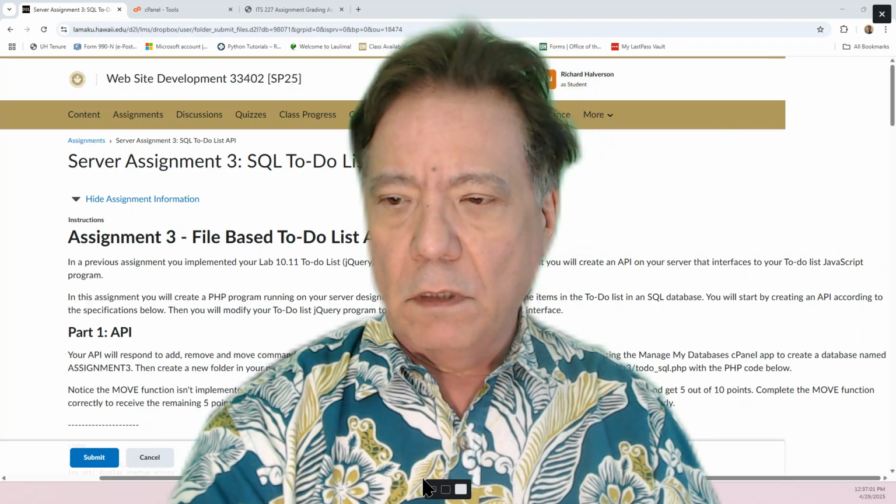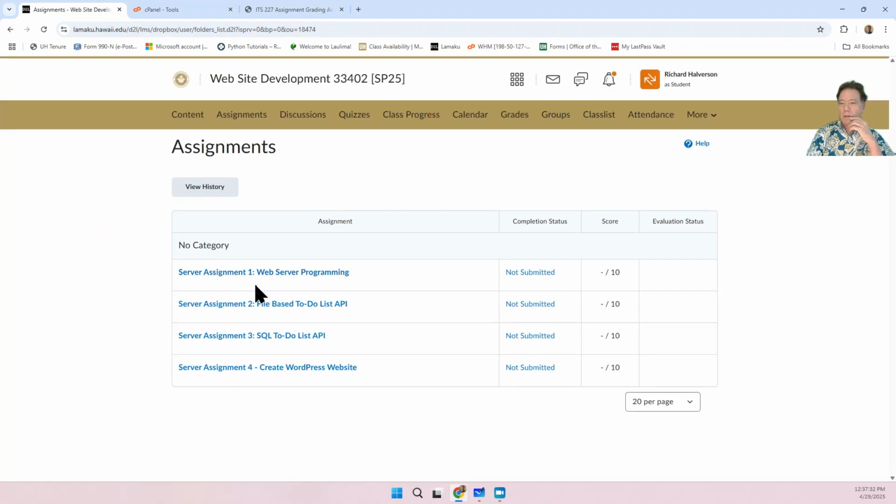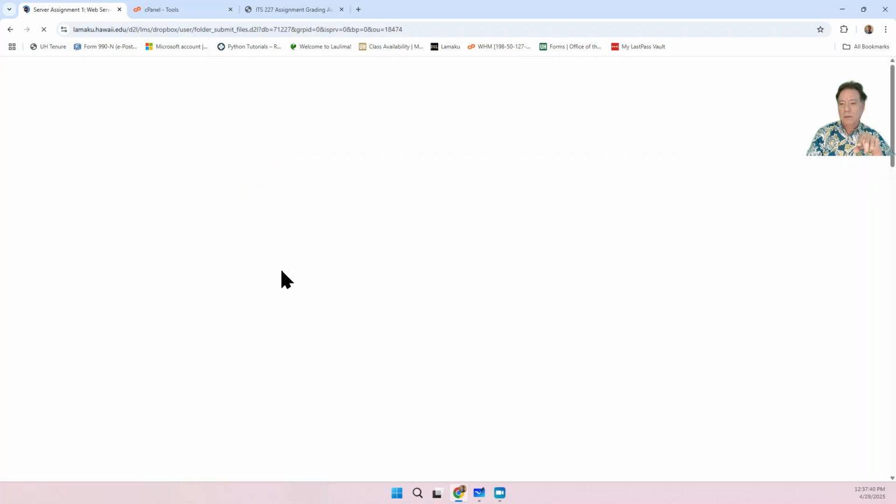So if we look at server assignment 3, we're going to do the SQL to-do list API that will interface to our lab 10.11. And lab 10.11, you recall, was the to-do list, the jQuery version of the to-do list. Just to step back a moment, assignment 3, similar to assignment 2, we're going to take what we did in assignment 1,